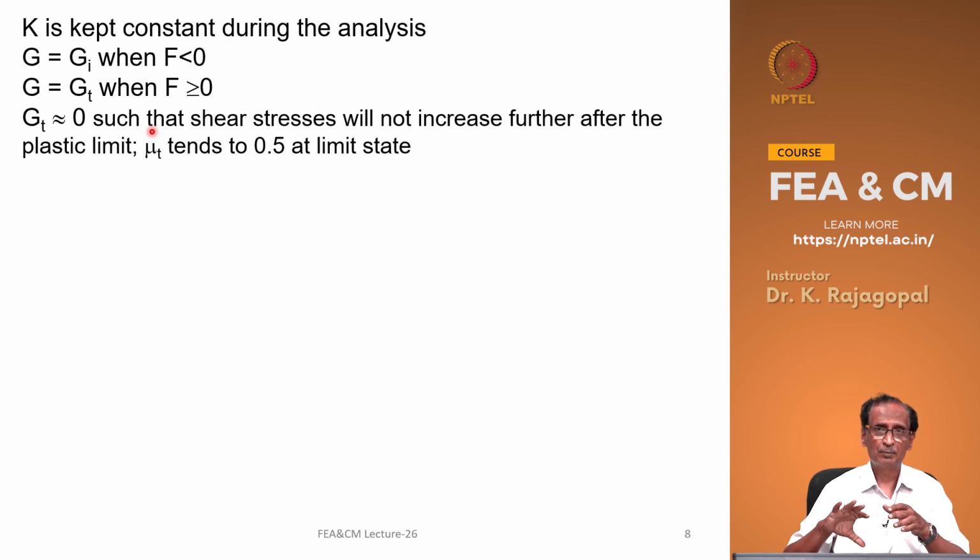So, beyond that plastic limit, even if you increase the shear strains, the shear stresses will remain more or less constant. And at this state, our Poisson's ratio tends towards 0.5,